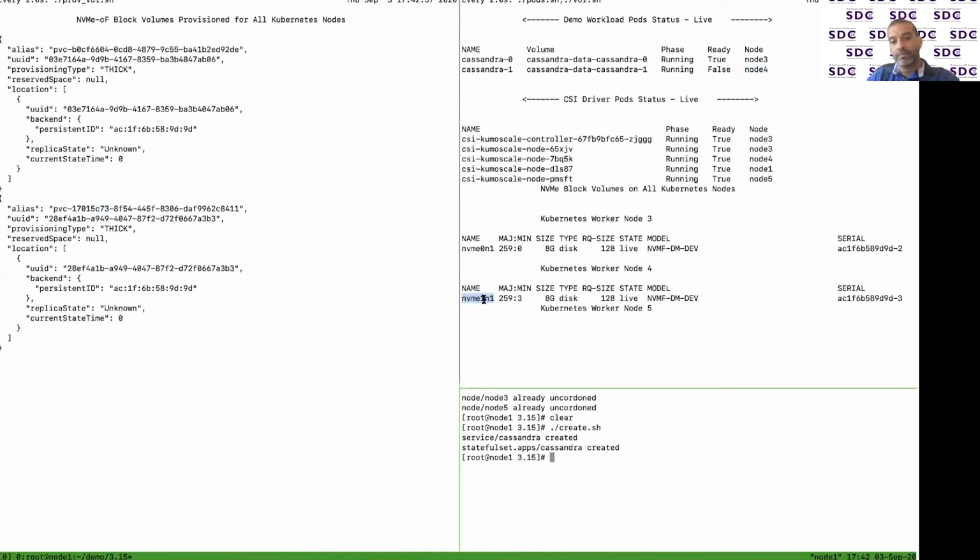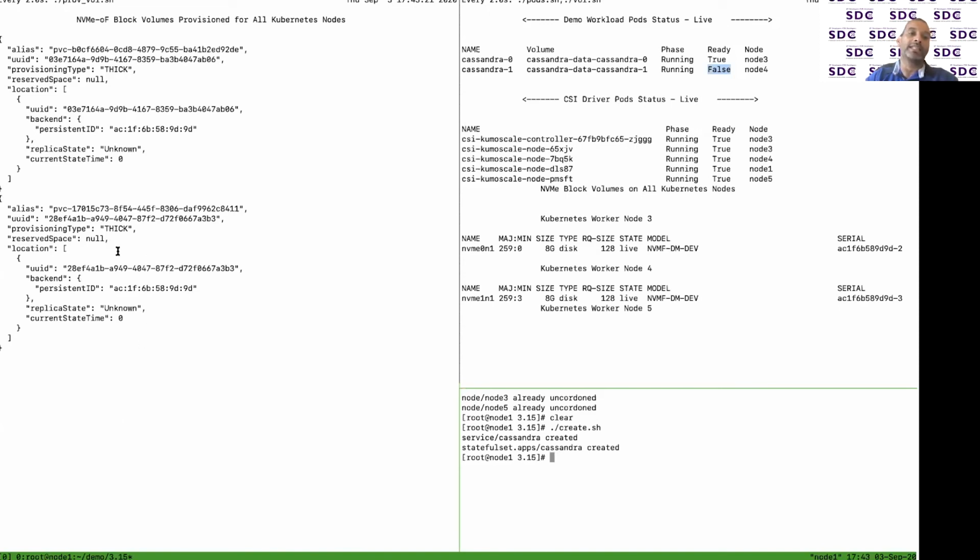One volume got attached to node 4 because our next Cassandra pod is on node 4. When this pod becomes ready, when the status changes from false to true, it is ready. Then it will move to the next Cassandra pod called Cassandra-2.